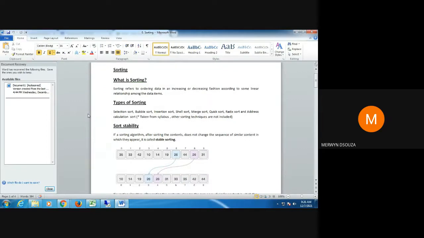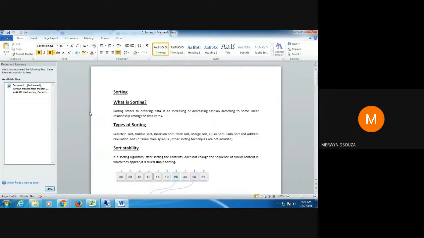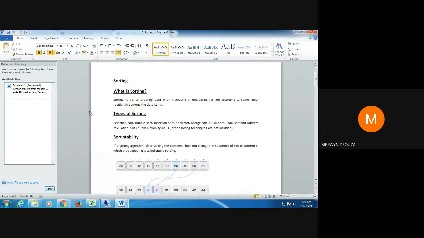Then there are different types of sorting algorithms based on this definition, like bubble sort, selection sort, insertion sort, shell sort, merge sort, quick sort, radix sort, and so on. Most of the techniques that I mentioned here are based on the techniques in your syllabus. I have not mentioned all the sorting algorithms.